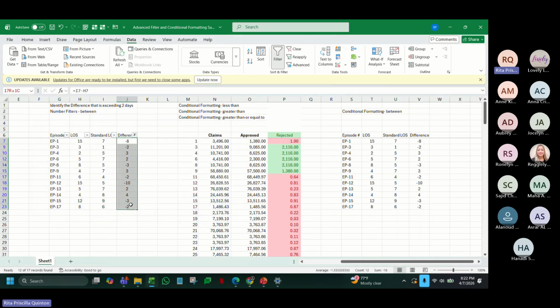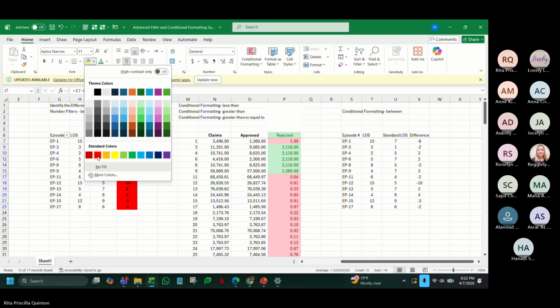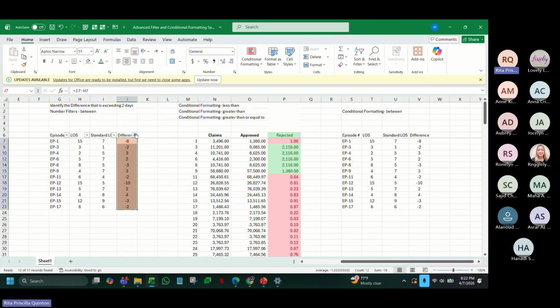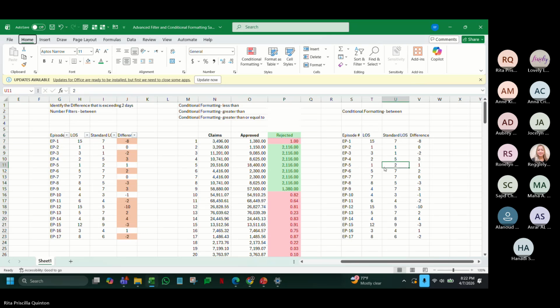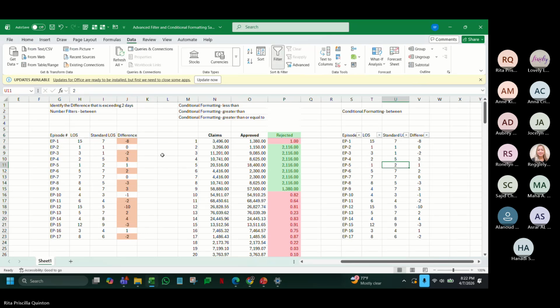I want to highlight them as red. I then remove my filter. If I make this only as 4, this will be 1. Still, it's highlighted.